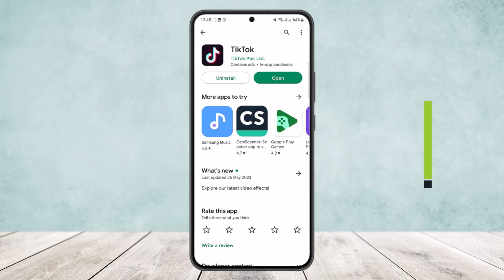Today I'll guide you on how you can delete TikTok videos without losing likes. As you know, if you delete a video on TikTok, you'll lose the like on the video as well. So, to delete a video from your profile without actually losing likes, what you can do is first open up the